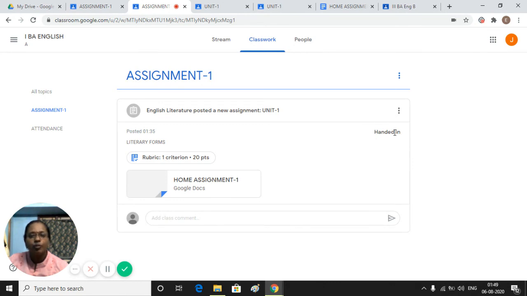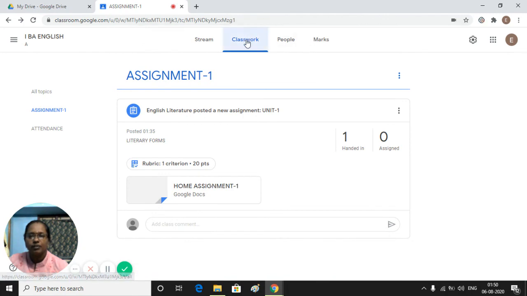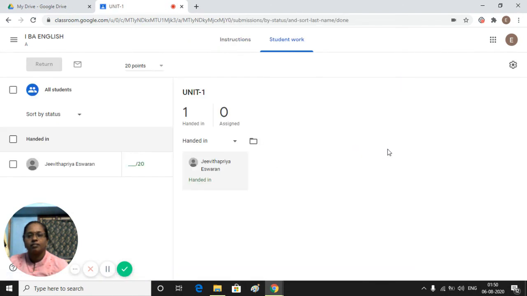Now the teacher opens the classroom to see whether the student submitted or not. Let me check how the teacher can check. The teacher opened the classroom and wants to check how many of them have submitted the assignment. Look at handed in. One home assignment handed in. Who handed in the assignment?